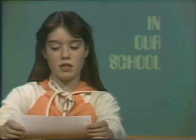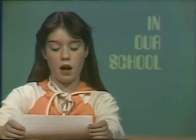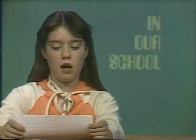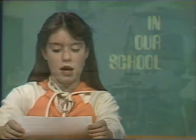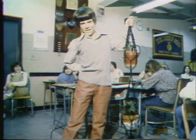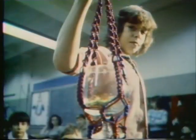One of the most interesting projects at our school is learning how to macrame. Macrame is the art of tying knots in quarter lengths to create decorative pieces. At the beginning of the year, Mr. Chapman, a 6th grade teacher, supplied us with the materials and taught a few of the students how to make